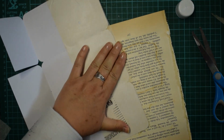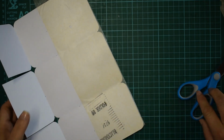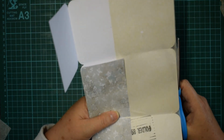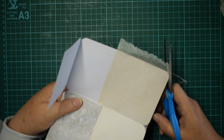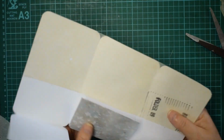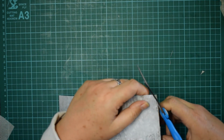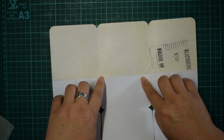Right. That's it, easily fixed. Perfect. There we go. Just gonna close that up. Oops, don't cut the paper. It's a bit tricky cutting around tissue because it's so thin. Right, those little corners. Okay, now we can get to inking. There's a couple of little places where it hasn't glued perfectly, but that's fine because it's going to be covered